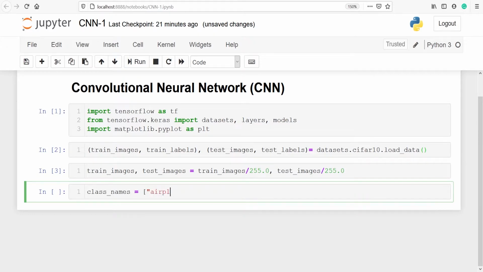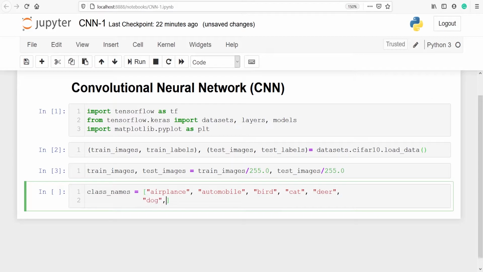The labels are airplane, automobile, bird, cat, deer, dog, frog, horse, ship, and truck. These are the 10 labels that are present in our training and test dataset.